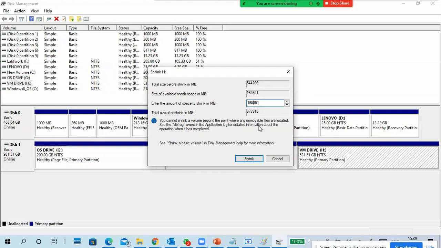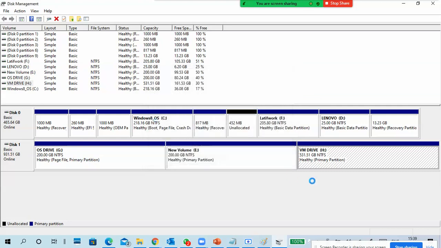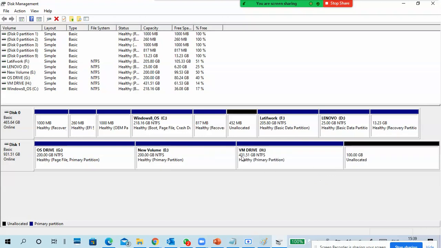We can shrink up to 165 GB, but I'm taking 1024, meaning 1 GB, 10 GB, 100 GB shrink. So I took 100 GB of free space from this H drive and created unallocated space.